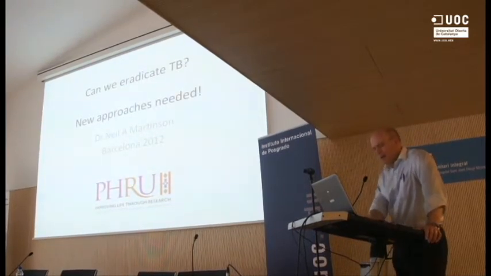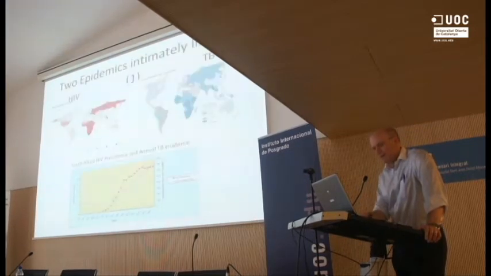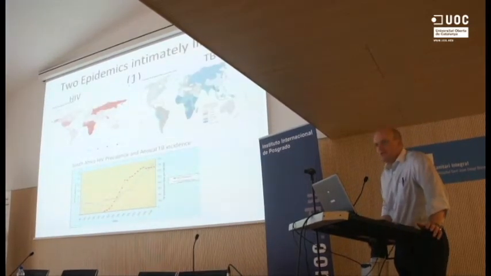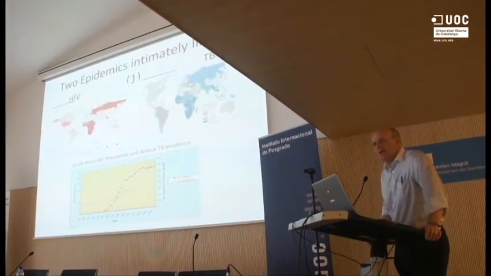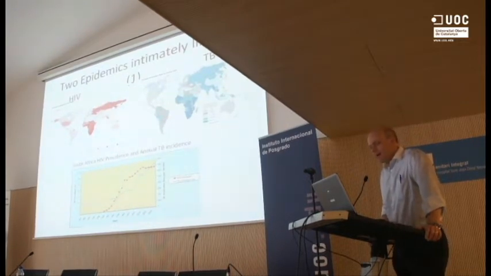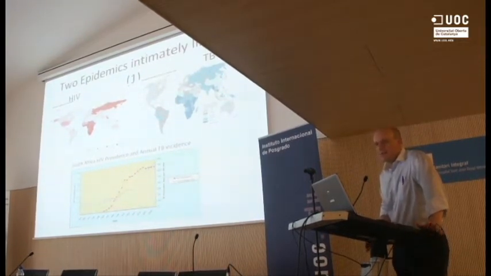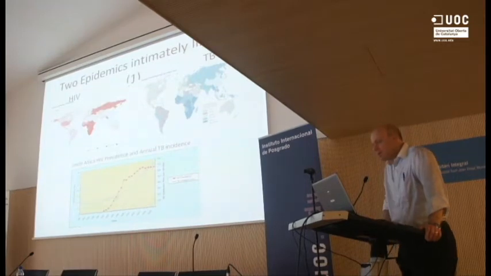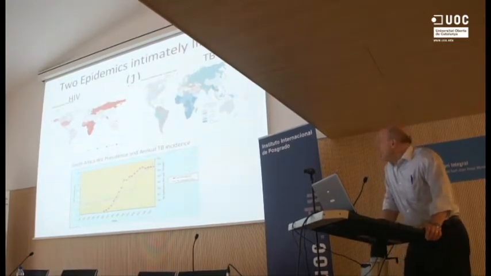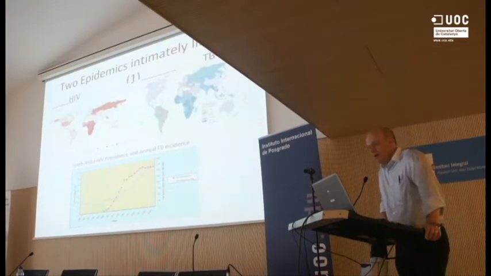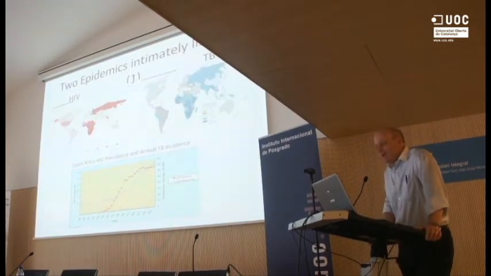So, I'll take you through some of the ideas that I have about this. Of course, the two epidemics, TB and HIV, are intimately linked. And you can see these are the two WHO maps that are shown for TB and HIV, and the darker colors are where there's more of each. And you can see that this overlaps in the southern parts of Africa